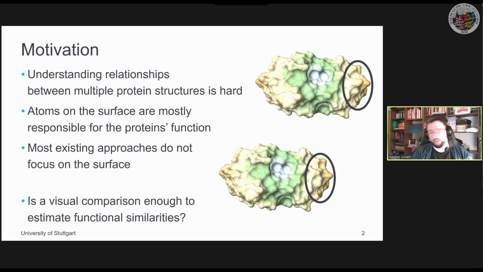Thing is, when you look at the sequence, you will see many things that do not really contribute to the function. The interior may shape the outside of the protein, but the really functionally important parts are on the outside. But most existing approaches do not focus on the surface, where the really important things for the function of a protein are. So our approach